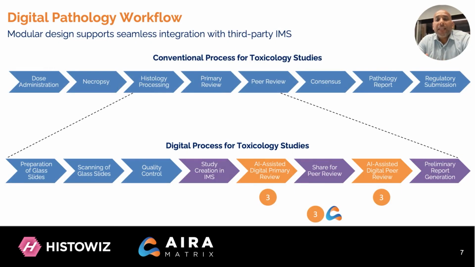Traditionally, toxicology study assessments have been highly manual, requiring extensive time and effort from pathologists to analyze slides, document findings, and conduct peer reviews. This process is not only time consuming but also prone to variability and human subjectivity. With digital pathology, we introduce AI assisted automation, significantly reducing the turnaround time while improving consistency and objectivity in assessments. AI models are designed so that they can rapidly screen and analyze large volumes of whole slide images, flagging potential abnormalities for further review by expert pathologists, and enabling the pathologist to focus on complex cases.